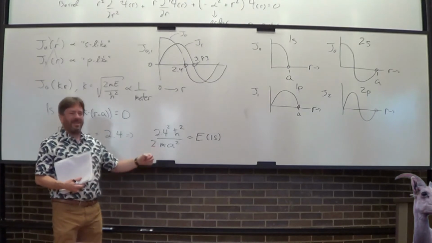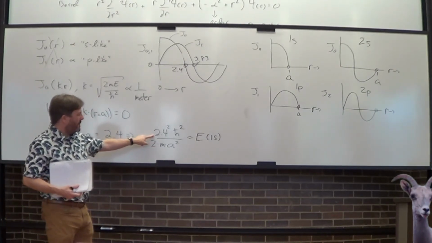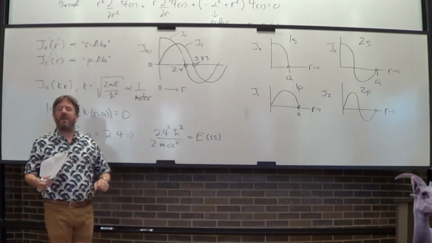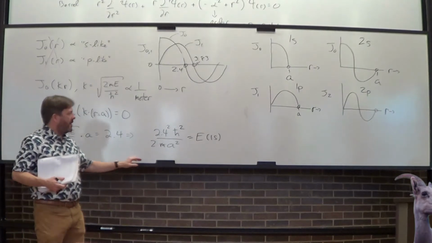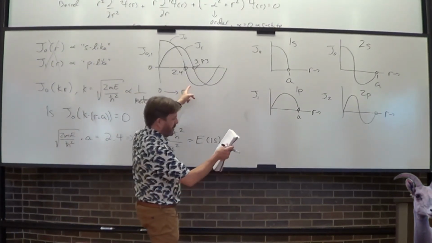So now I've got the energy of the 2s state. It's kind of funky. You have to plug in the 0 and multiply it by a bunch of constants, and that gives you the energy of the particle in the sphere at the ground state. So now if you're interested in the energy of the 2s state, instead of 2.4, you plug in,